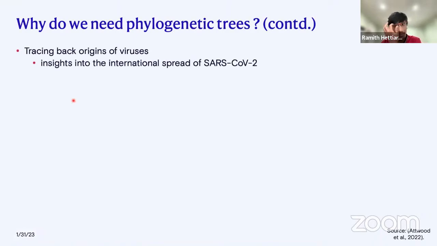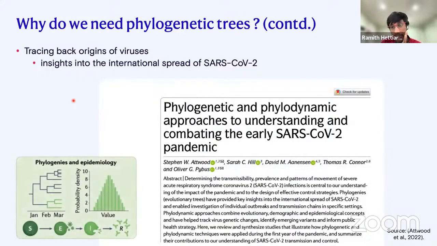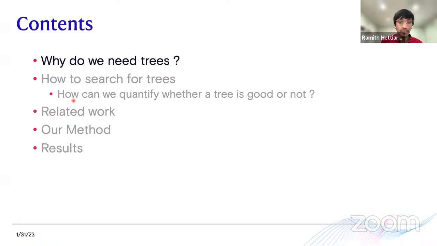It's not just about the past. Let's say about certain viruses. These phylogenetic analyses have provided some insights on how transmissions may occur, how outbreaks can occur, and on tracking certain virus genetic changes. So in general, phylogenetic trees are helpful for us to look at how things evolve and how things may have evolved. Now that we know why we need trees,